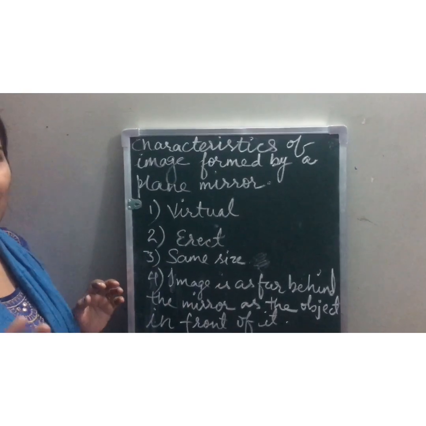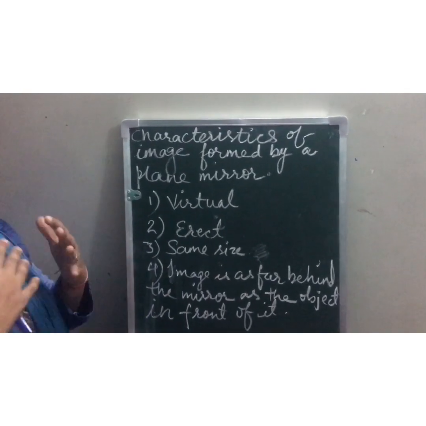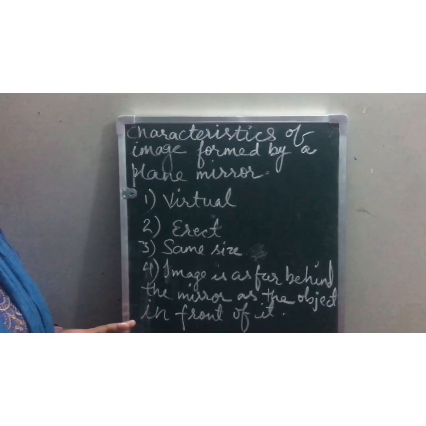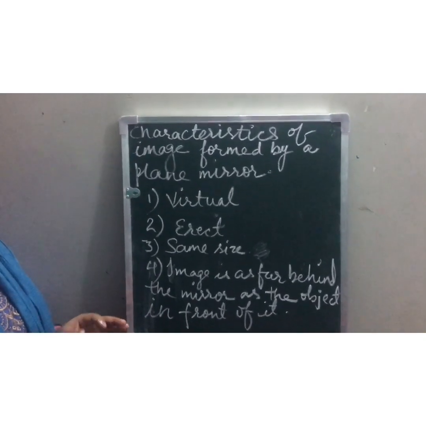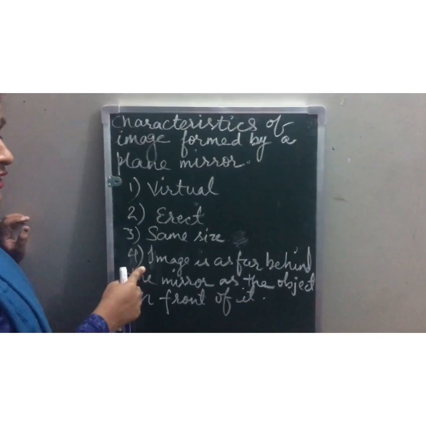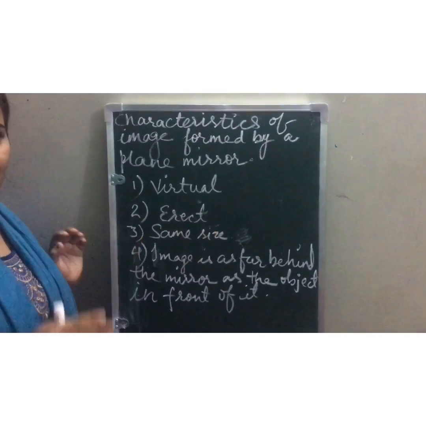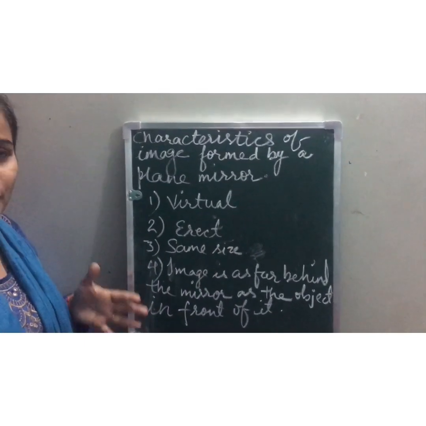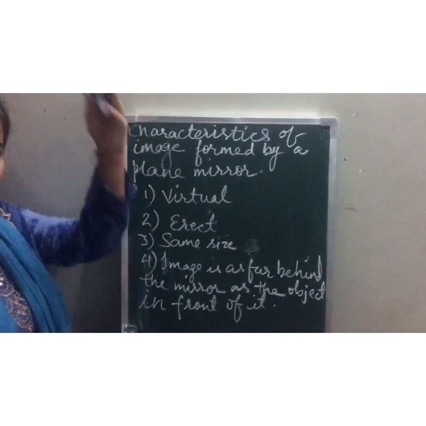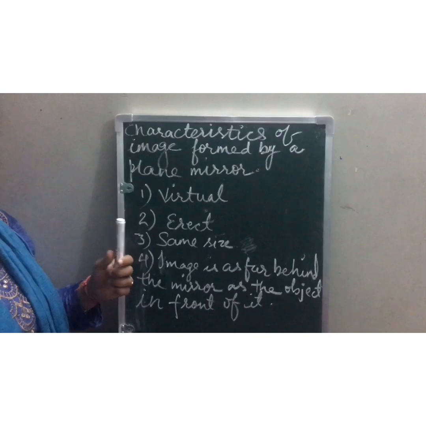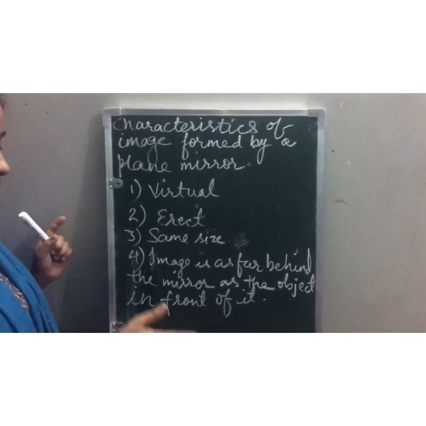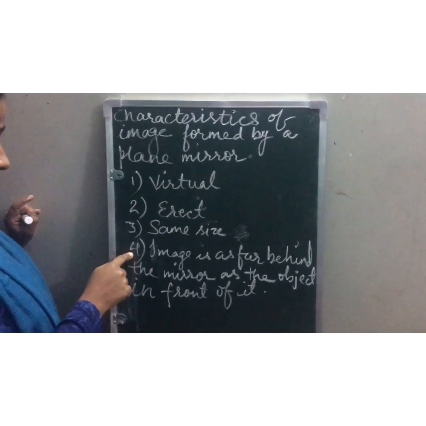You can observe in your plane mirror, your looking glass. आप जब भी mirror के सामने खड़े होते हो, आपकी height छोटी हो जाती है या फिर आप बड़े हो जाते हो? नहीं होते हो ना. Your size remains the same. Size of the object is equal to the size of the image. Okay. Next, और erect का क्या मतलब होगा? When you are standing in front of a looking glass, what happens? Do you become upside down? पैर ऊपर होते हैं और सर नीचे होता है. No, ऐसा तो नहीं होता है ना बेटा. It is erect. Erect means सीधी image है. Okay. Now, fourth point is what?